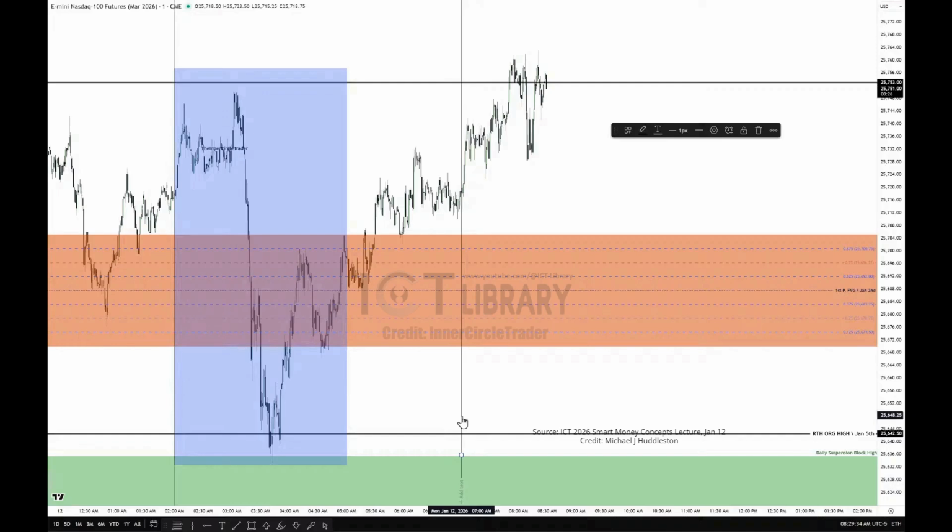People are afraid to trade it because they don't know what they're doing. And that's what I'm teaching you today. I'm teaching you how to work within it, look for ranges to run for liquidity, because that's what this is doing between 7 o'clock in the morning and 9 o'clock in the morning every single trading day. It's going to do this every single day, flawlessly, without fail. You can set your watch to it. It's going to do it every single day.